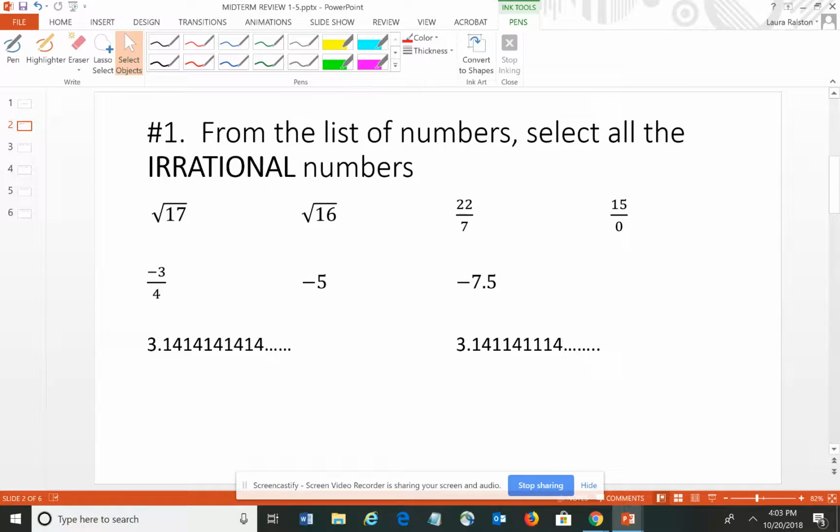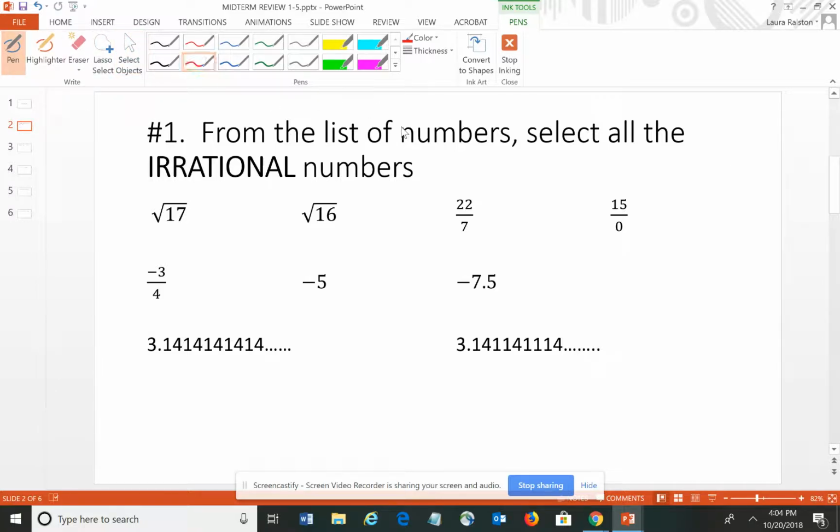An irrational number is a number that cannot be written as a fraction or as a terminating decimal or a repeating decimal. So if we take a look at some of these, I can almost immediately eliminate some off the bat from the list because I know that